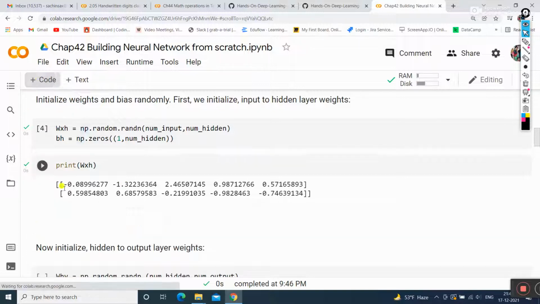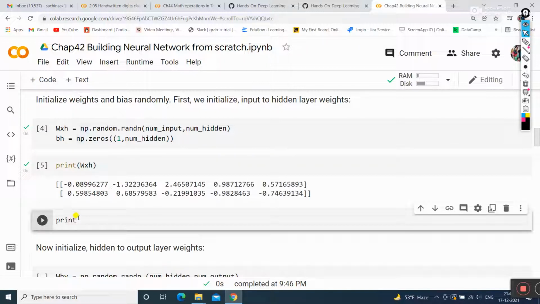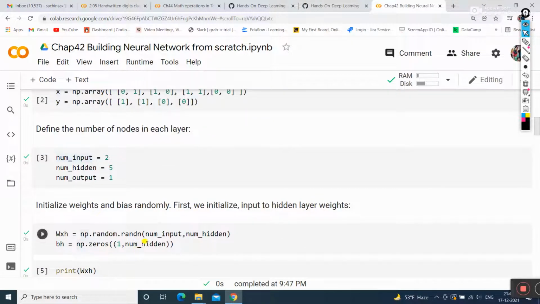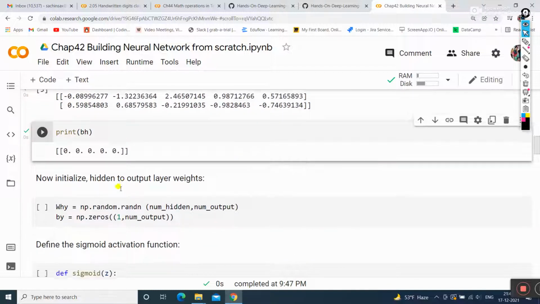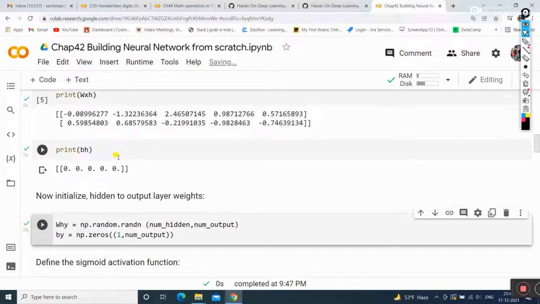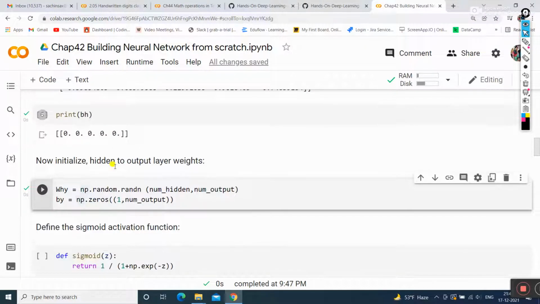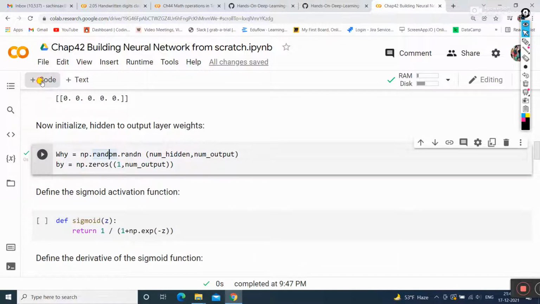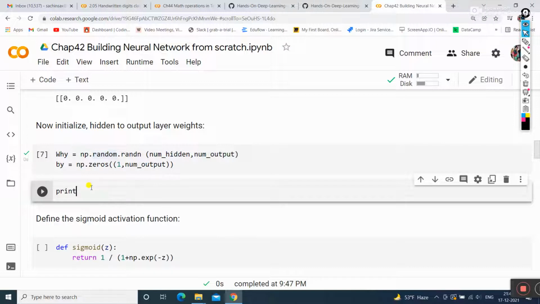Now I'm going to print my bias bh. So those are zeros, 5 biases, that I am going to create over there. So 1 to 5, that is 5 biases will be printed over there. Similarly I'll do it for the y. So this is for the x and hidden to output layers. So I'm going to run these variables again,